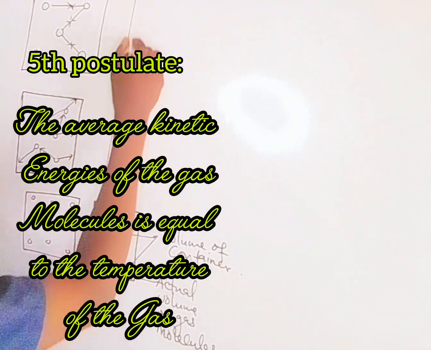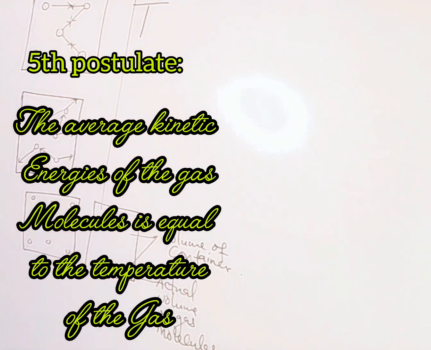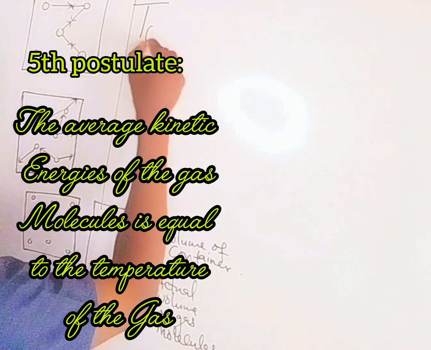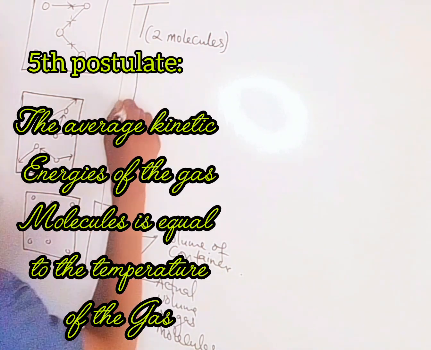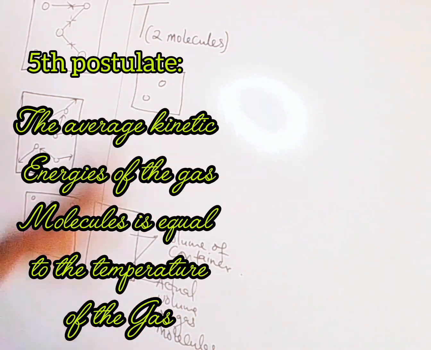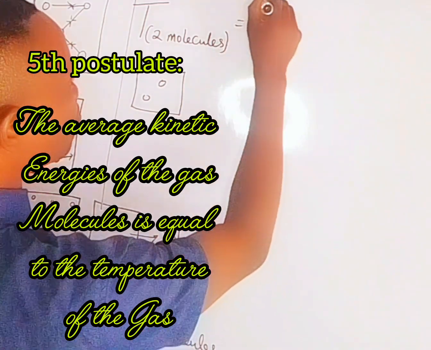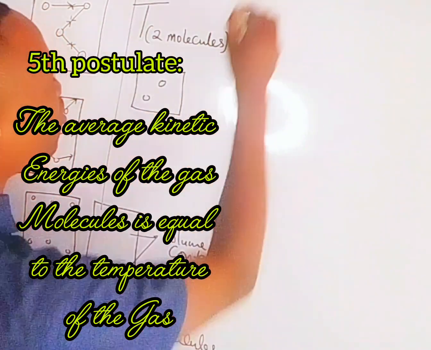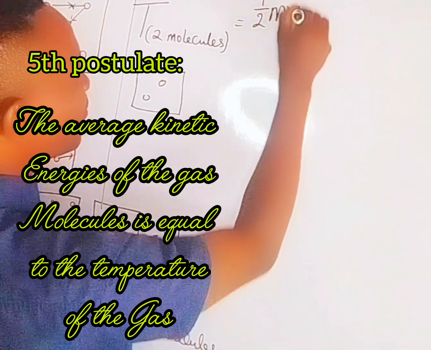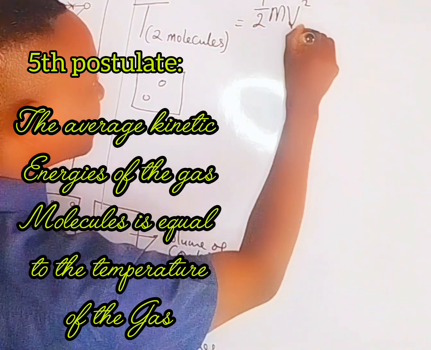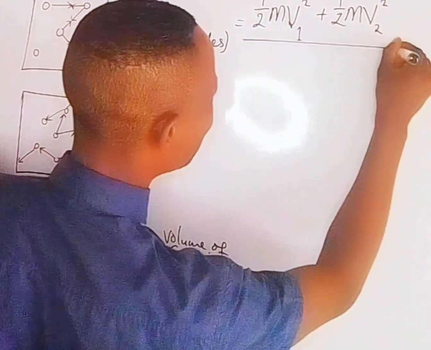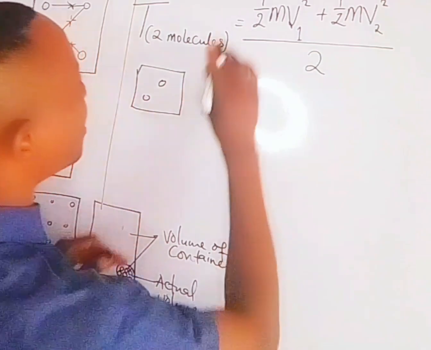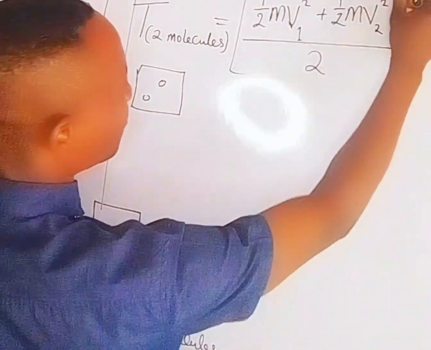Mathematically, the temperature of the gas inside a container, let's assume that there are two gas molecules, but we know we have trillions, zillions of gas molecules. But let's assume there are two gas molecules in the container, just like this. There are two in number. Now, the temperature of the gas inside is equal to the average kinetic energy of the two. So we have kinetic energy, half mv squared of the first one, plus half mv squared of the second one, divided by how many molecules? 2 molecules. And this is the definition of temperature.